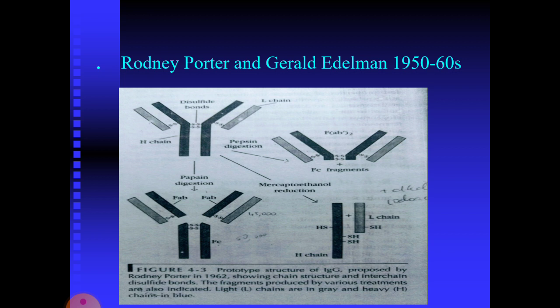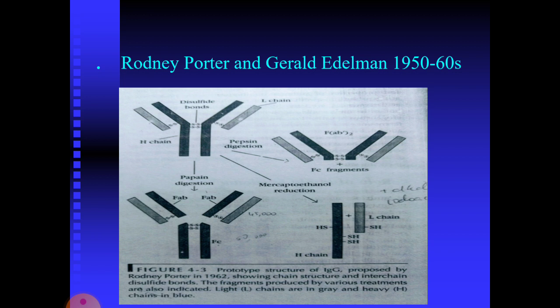Potter subjected IgG to brief digestion with the enzyme papain and separated the fragments. Although papain has general non-specific proteolytic activity and will eventually digest the entire IgG molecule, brief treatment cleaves only the most susceptible bonds. Papain digested IgG produced 2 identical fragments, each with a molecular weight of 45,000, called Fab fragments,